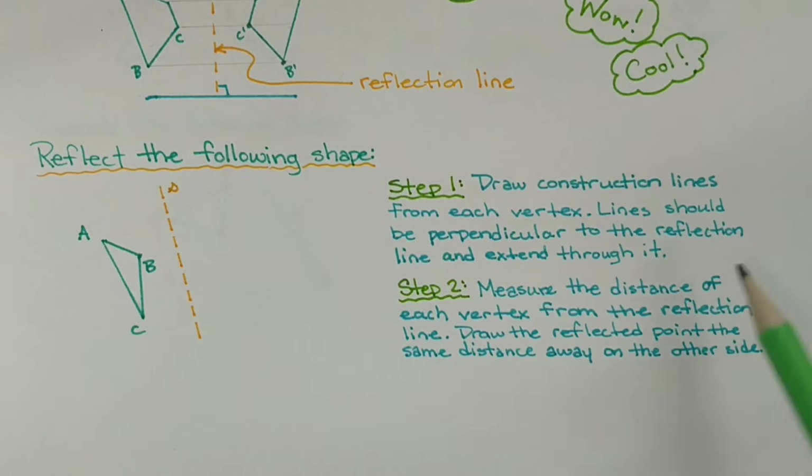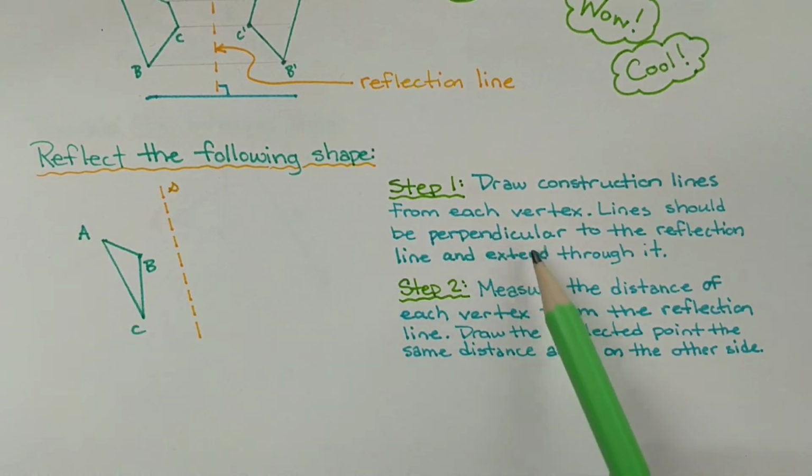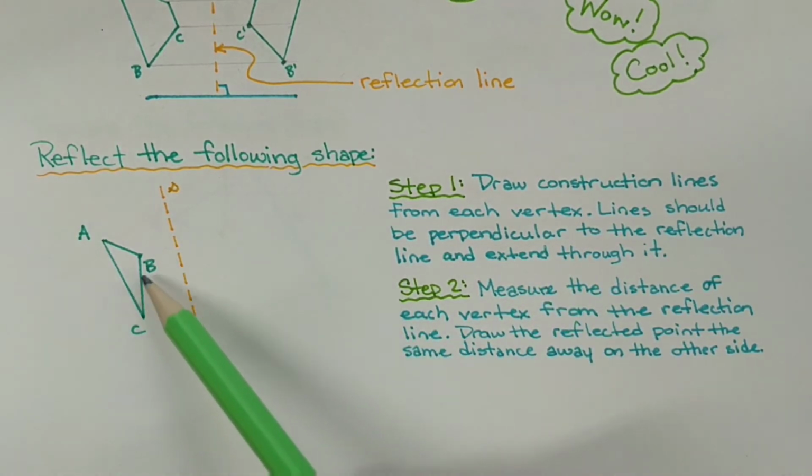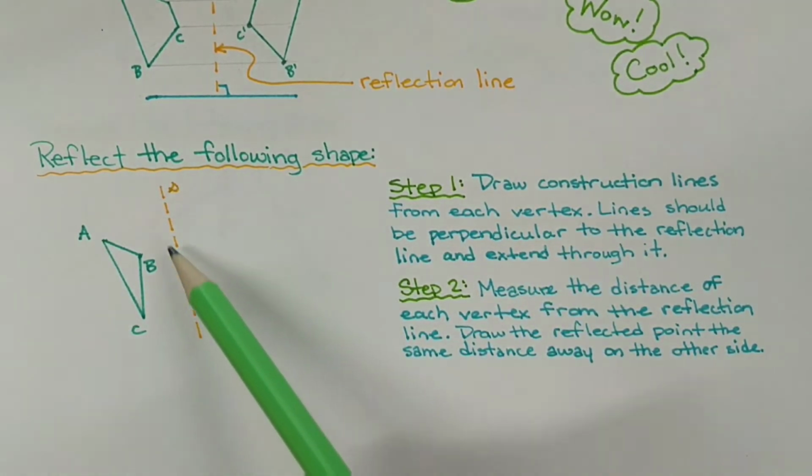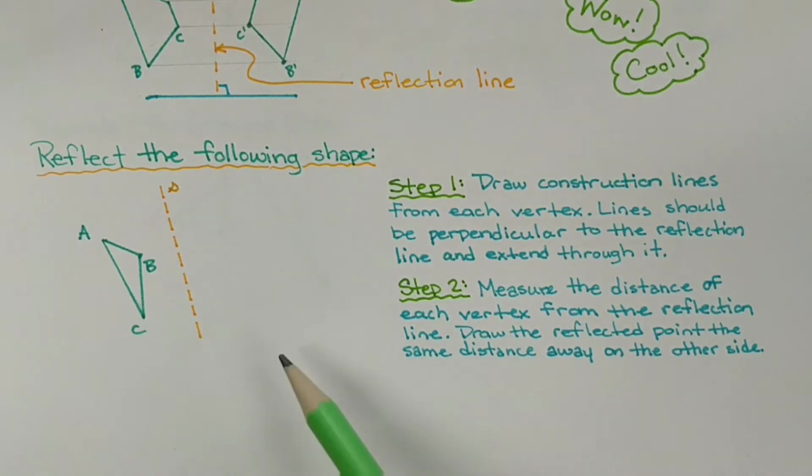Okay. So step number one says draw construction lines from each vertex. The line should be perpendicular to the reflection line and extend through it. So as soon as we see perpendicular, that means we're going to have to form a right angle with our reflection line. Okay, so to do that,